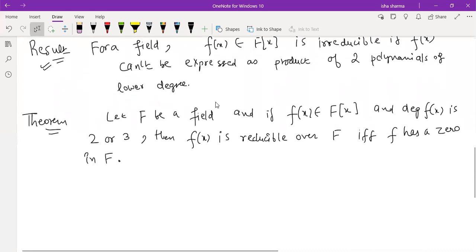So you see we are now simplifying things. We are moving ahead, we have come to a particular example. Like we gave you the general definition, now we are moving towards a particular example. And what is that particular category which we have considered? This result is for all those polynomials over a field whose degree is 2 or 3, right? So that polynomial we are talking about, whether it is reducible or not, is reducible if and only if it has a 0 in F.